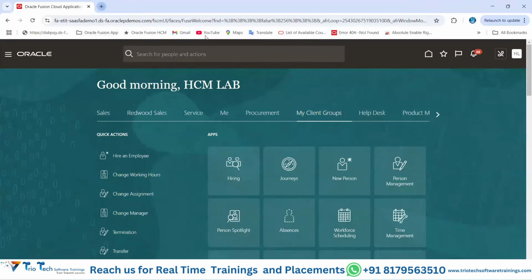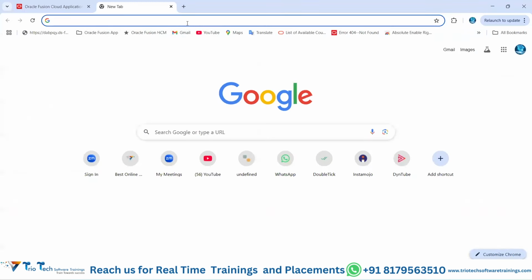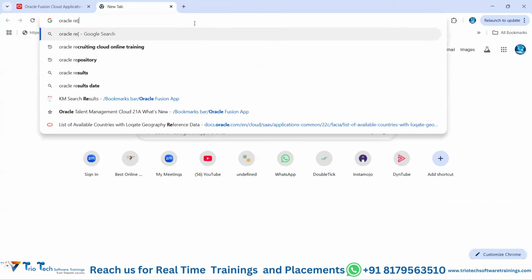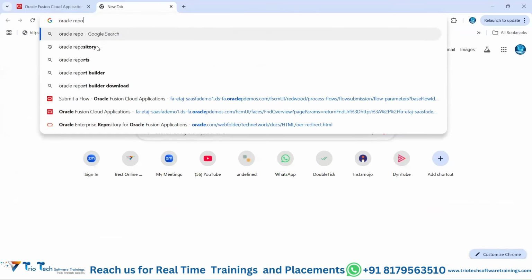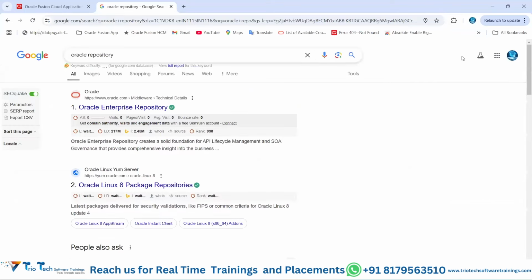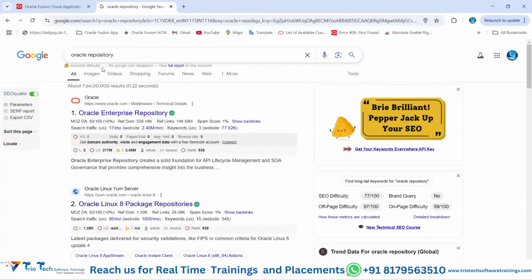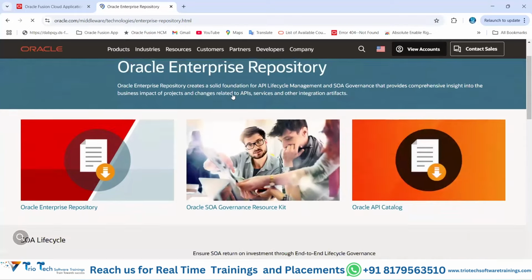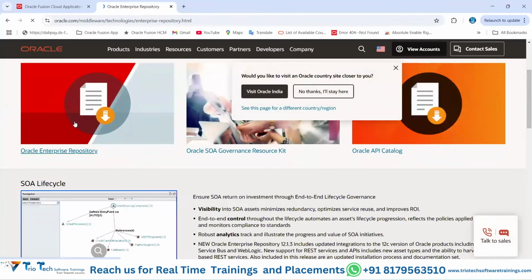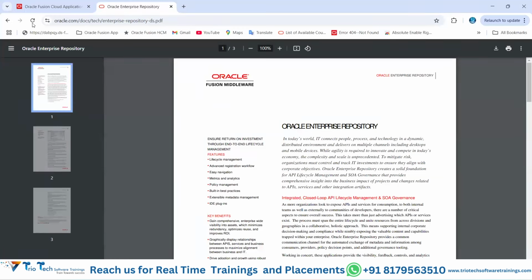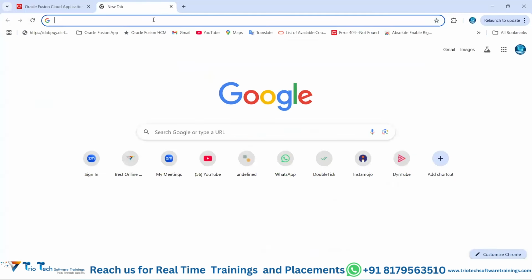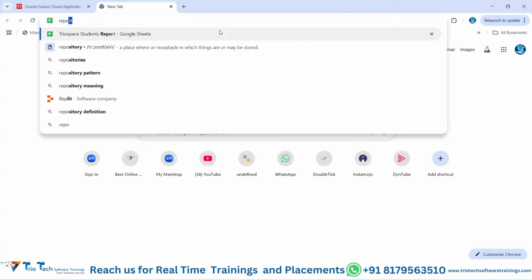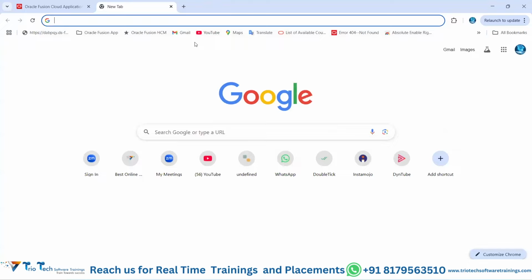Just go to the internet and type Oracle repository. Just go to your Google Chrome and type Oracle repository. The very first result you will land upon is the Oracle Enterprise Repository web link. Go to that, and you will land upon Oracle Enterprise Repository. So you can come to this Oracle Enterprise, one second, team. The URL got changed. One second. Or else you go to